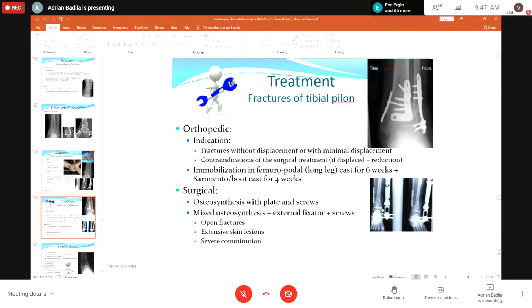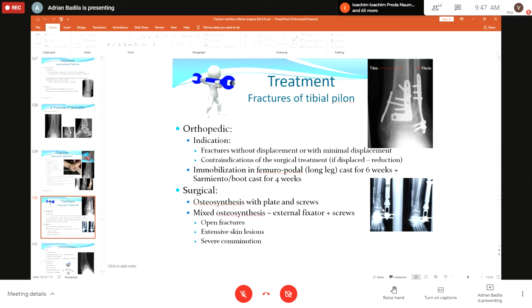mini-invasive approaches. This kind of osteosynthesis is indicated in open fractures when you have extensive skin lesions that don't allow a normal extensive surgical approach, or when you have severe comminution. When you have a severe comminuted fracture, if you largely open the fracture site, you will lose the hematoma, but also many small fragments. And if you lose them, you cannot put them back, and you cannot obtain